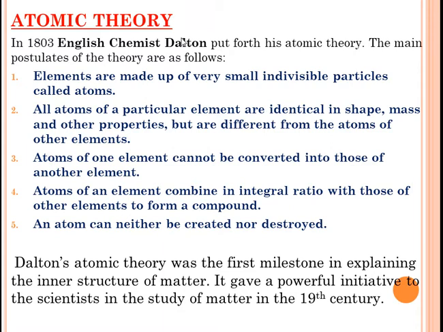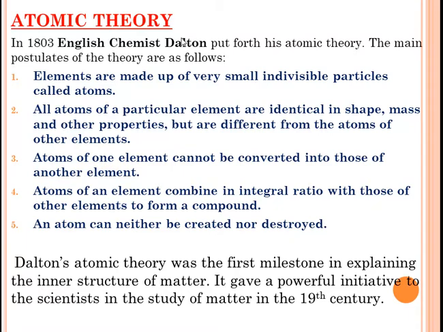After that, in the 5th century, philosopher Democritus came. He named the smallest particle as atom, and he said that it cannot be divided further. Means according to Democritus, atoms cannot be divided further. But now we know that atoms can be divided into 3 subatomic particles: electrons, protons and neutrons. But that time the scientists were not so confident about that. So they said that atoms are not divided. Okay, so now we'll start with the chapter.